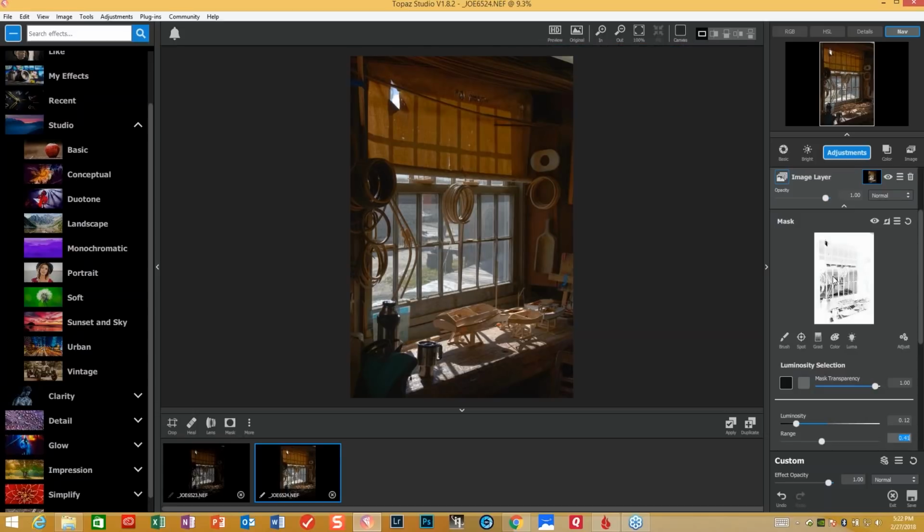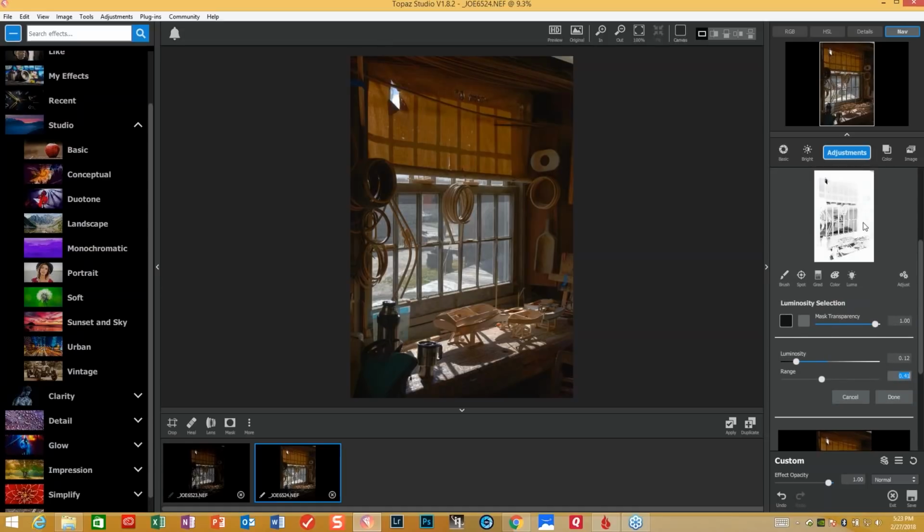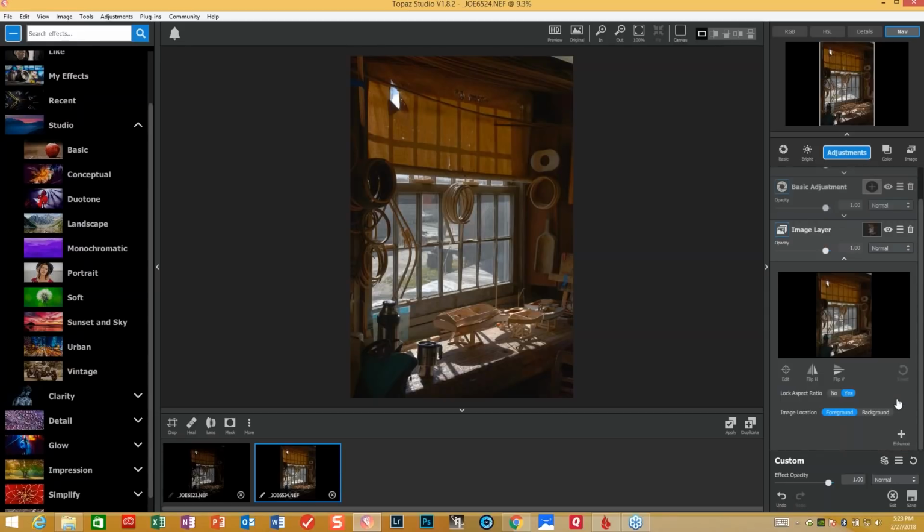I'm happy with this. It's bringing in some of the shade. It's bringing all of the background light from outside in, and it's not blowing out. And I'm still very light around the edges on this interior shot. And the next adjustment will highlight what we're looking for here. So the effect I'm looking for is working here. I've got black window, white edges around. So we'll press done here, and we will save this